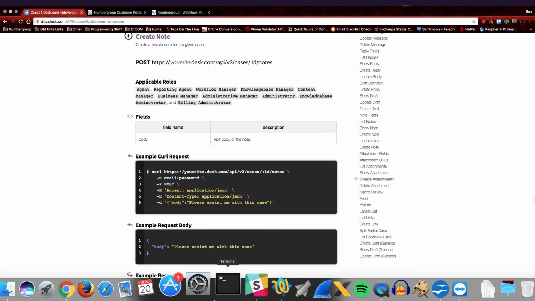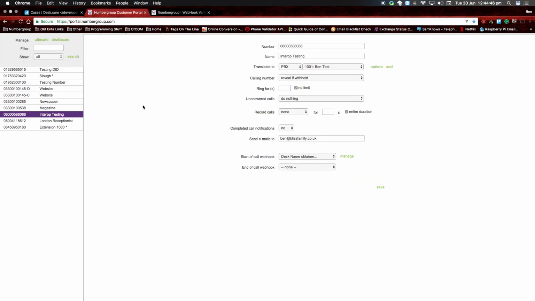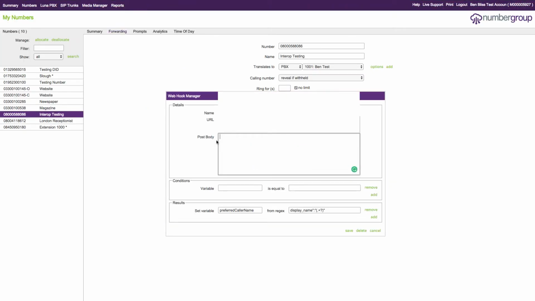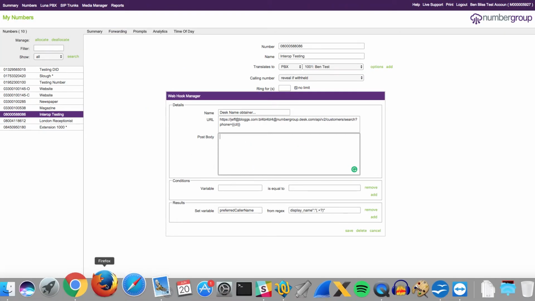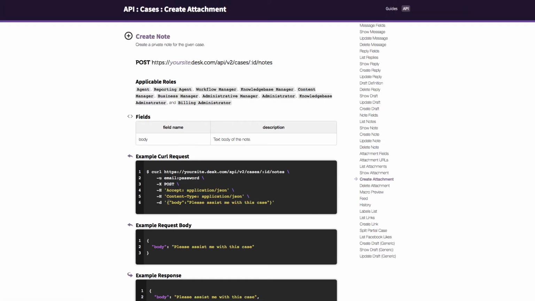And within the, so we'll go back to here. So within the body, this is where you would put the body information that they're basically expecting here. So you would put that text in there, and that is basically what will be posted back to Desk, and that will then be